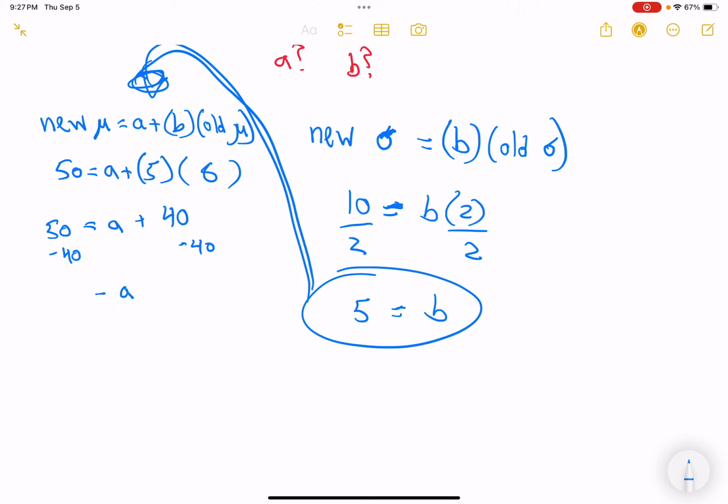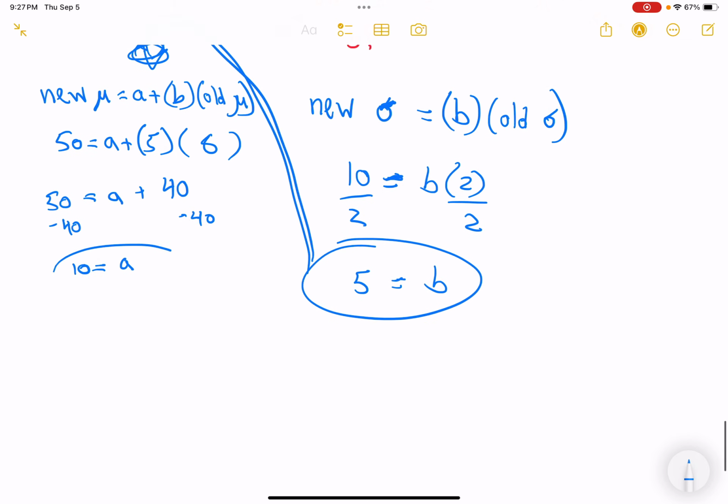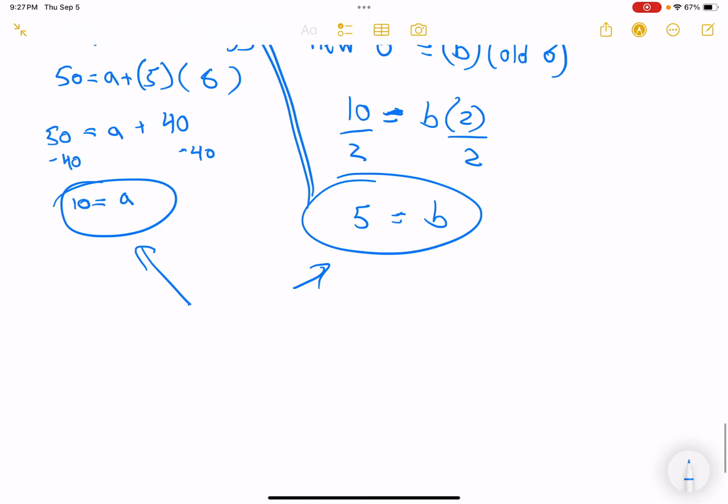And we will find that A is equal to 10. So lo and behold, we have solved our problem. A is going to be equal to 10. B is equal to 5. And if it asks what will the values in A and B transform the results into, we will add